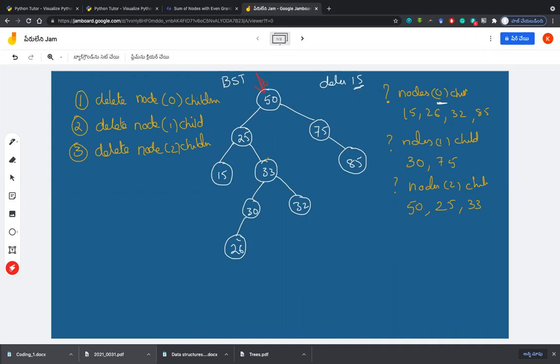First we come to 50 and check if 50 is equal to 15. No, so we move to its left address. Now you are at 25 and check whether it is equal to 15. No, hence you move to the left address and see that it is 15, and yes, it is correct. But how do you delete it in this case? Sir, 25's left address is equal to none. Tell me, one person, I could not hear you.